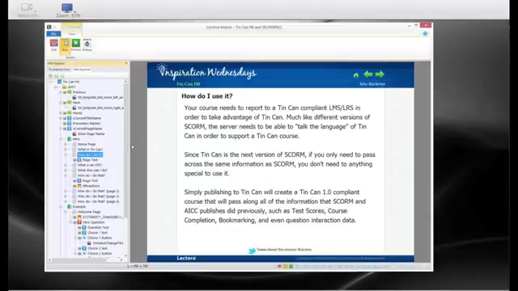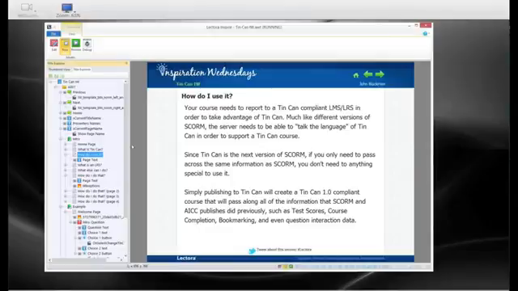So how do you use it? Well, first and most importantly, your course needs a Tin Can compliant LMS, or LRS, in order to take advantage of Tin Can. It's like a language. You can think of AICC, SCORM, and Tin Can as English, French, and Spanish. Those are ways to convey information, ways to get information back and forth between a course and an LMS. But both sides have to speak English in order to talk. Both sides need to speak Spanish. Both sides need to speak French. So they need to talk the same language.